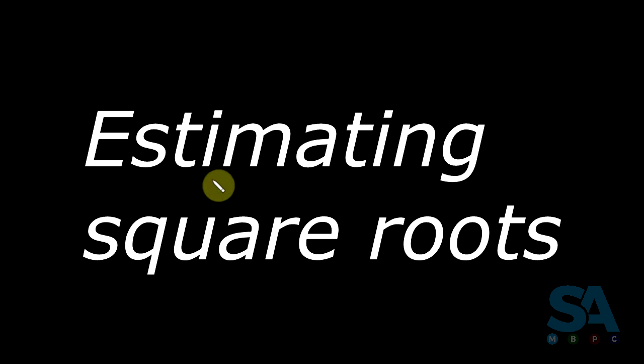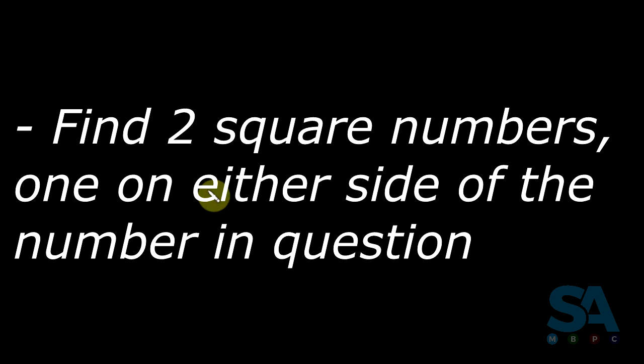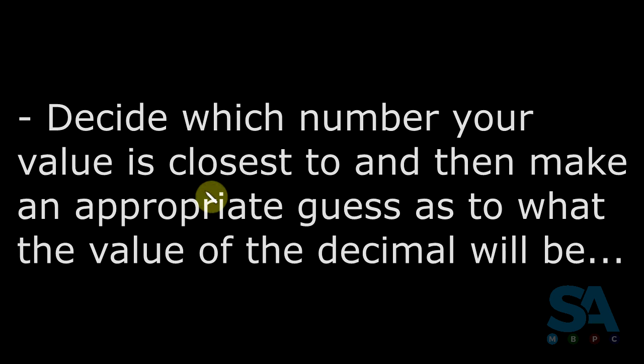This can be a bit tricky, but there are actually only 2 steps. The first step is finding 2 square numbers, one on either side of the number that you're given, and then the next step is to decide which number it's closest to, and then make a sensible estimate as to what the digit after the decimal point is going to be. For example, if we were told to estimate the value of the square root of 68 to 1 decimal place,